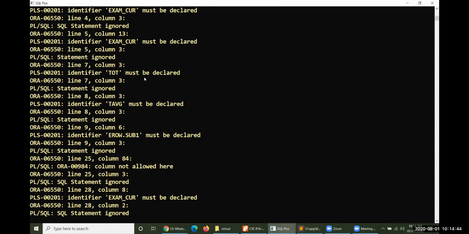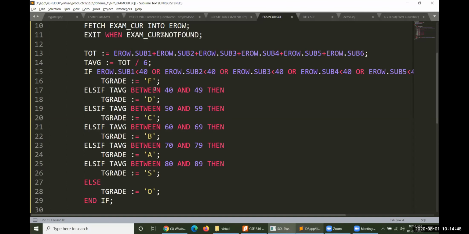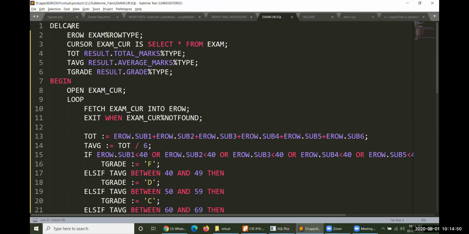Column name TOT must be declared. Why? I have declared already. So does the declaration have DECLARE, BEGIN? Total marks. RESULT. Does it result or not?